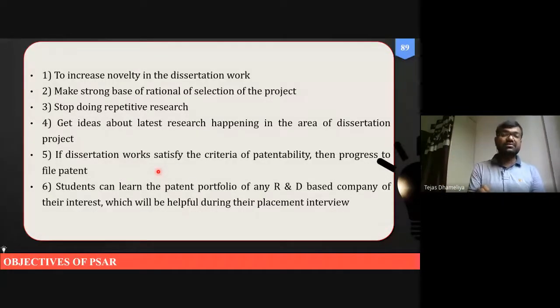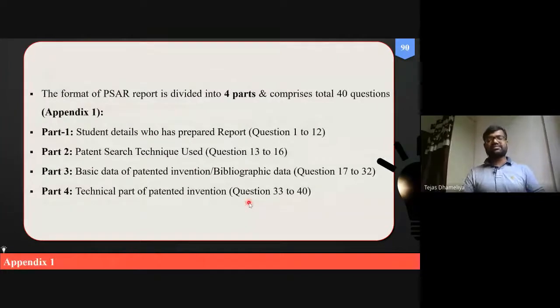So that kind of things you should also check. And for this, PSAR search will help you, because you can learn some portfolio of your interest, and which is helpful sometimes for your placement interview as well. क्योंकि it is not necessary that आप chemistry में हो तो आप industry में जाके chemistry का काम ही करोगे after doing MPharm. No.